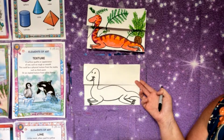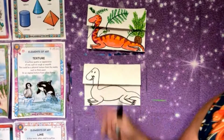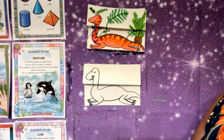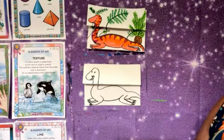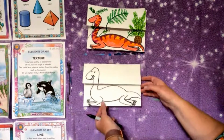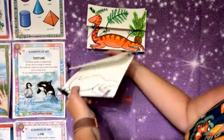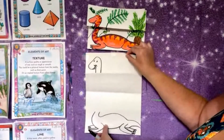So this is the first part of our dinosaur, but we know from what Science Mom has told us that this dinosaur does not have a short neck. It has a really, really, really long neck. So guess what we're going to do next? We're going to open up our paper and we're going to finish the neck. So I'm going to move mine here because I need to scoot it down for everyone to see. So go ahead and open it up